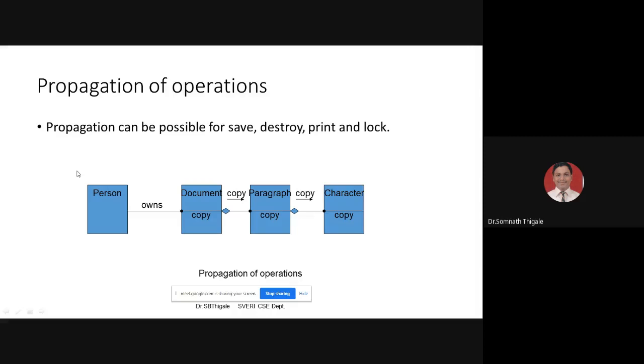So for what purpose do you want to use it? Basically, in the case of a database, we call it triggering concepts. If the rate of interest is increased, automatically your EMI value should increase. If that rate of interest decreases, automatically the EMI value should decrease, like this. If I increase the number of EMIs, accordingly the values are going to change. So once your database is fixed, if one of the values changes, you need to check how many other dependent values there are, and that you can represent in terms of this propagation of operations.